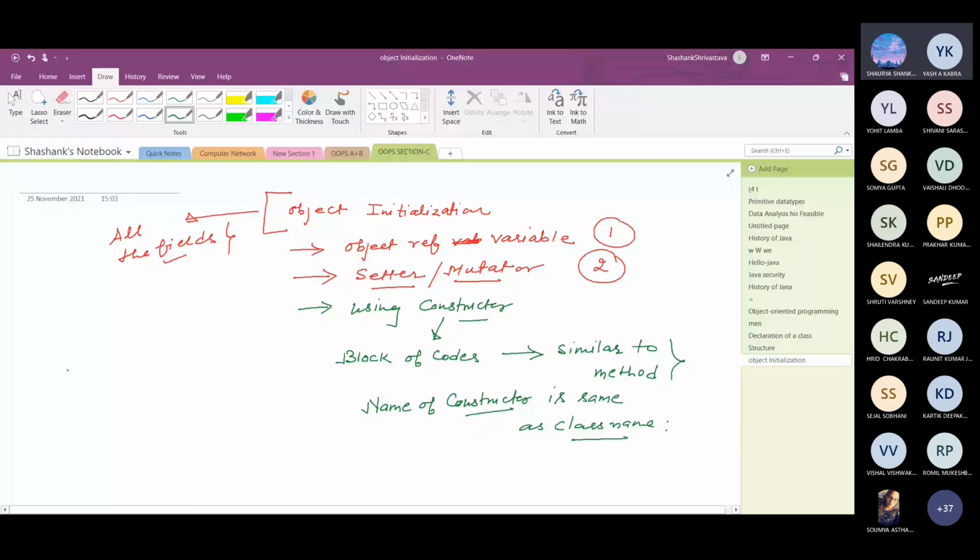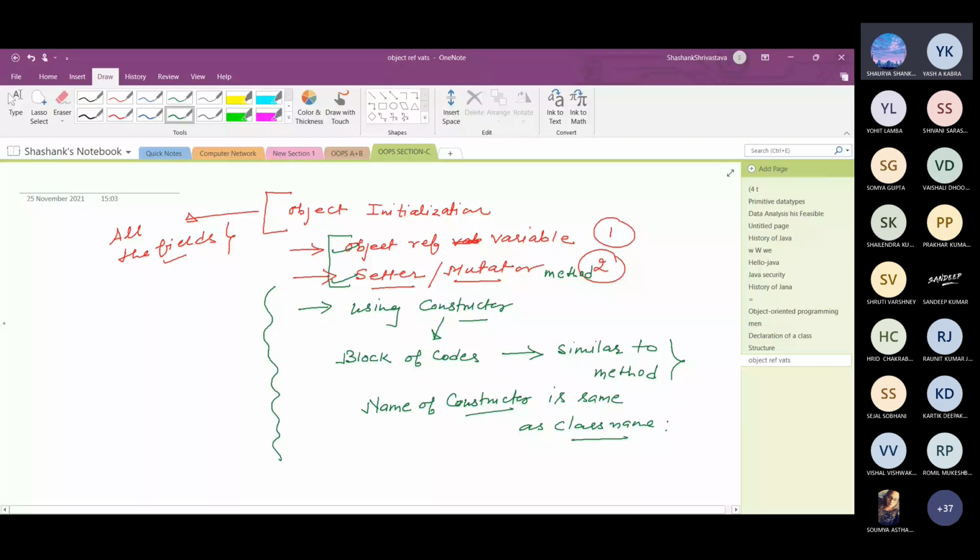So the question is, we can initialize the object with the help of an object reference variable. We can initialize the object with the help of a setter or mutator method. So what is the need of a constructor? Constructor की जरूरत क्यों पड़ रही है?